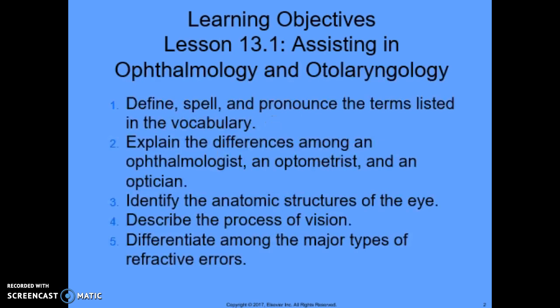Our learning objectives for this lesson are defining, spelling, and being able to pronounce the terms listed in the vocabulary, being able to explain the differences among an ophthalmologist, an optometrist, and an optician, identifying the anatomic structures of the eye, being able to describe the process of vision, being able to differentiate among the major types of refractive errors,